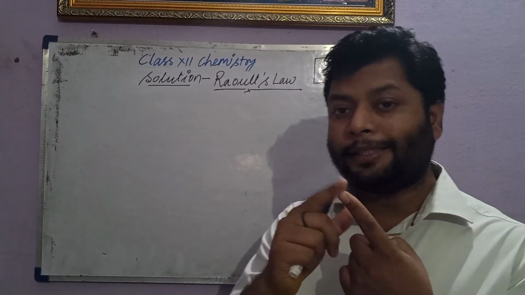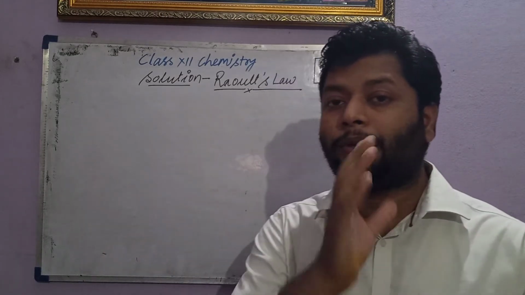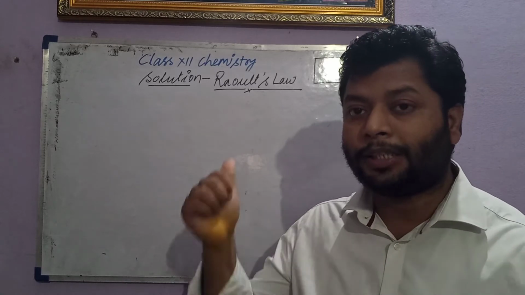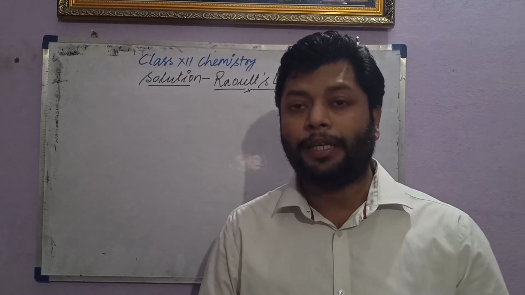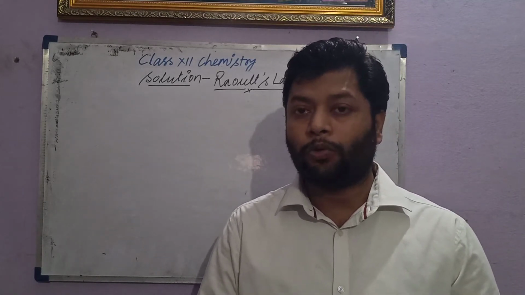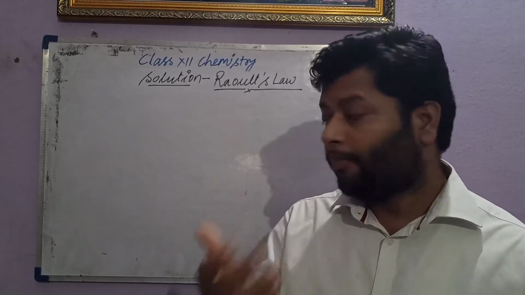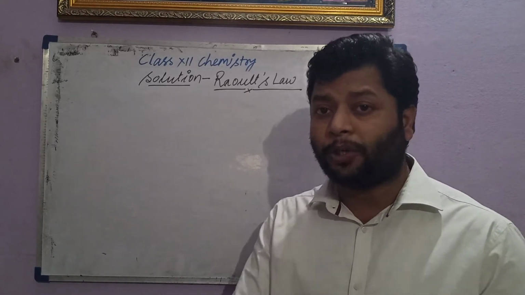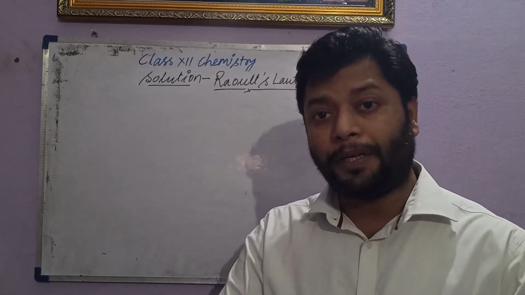learn the ideal solution or non-ideal solution, and whatever behavior deviates from the ideal solution is also explained on the basis of Raoult's law. This law is also important to explain azeotropic mixtures and colligative properties, the different concepts of the solution. But before starting the miscibility of two different liquid components, we have to go through one other concept called vapor pressure.